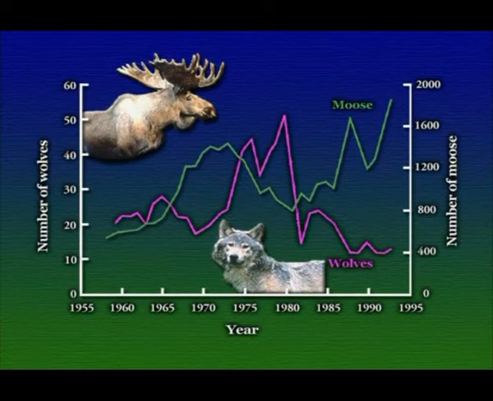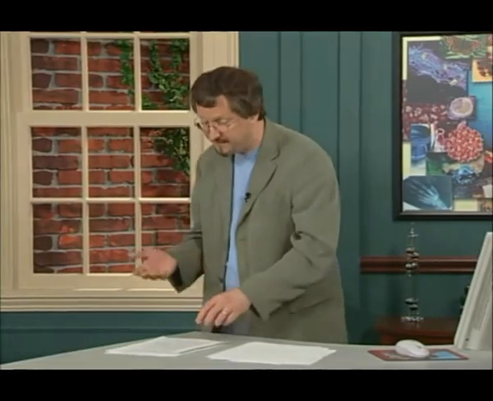Now, this is a very long cycle. I mean, we're talking about a cycle that's lasting decades before we observe an up and down oscillation, not years or months. And so maybe we will eventually see another oscillation occurring on this. But what happened was, in the 1980s, the wolf population crashed to a very, very low level. And it really never recovered from this population crash. The reason for this population crash was probably the appearance of a viral disease that infected the wolf population on the island. This viral disease led to a very high mortality rate, and the wolves have not recovered from this yet, and may in fact go locally extinct on the island.